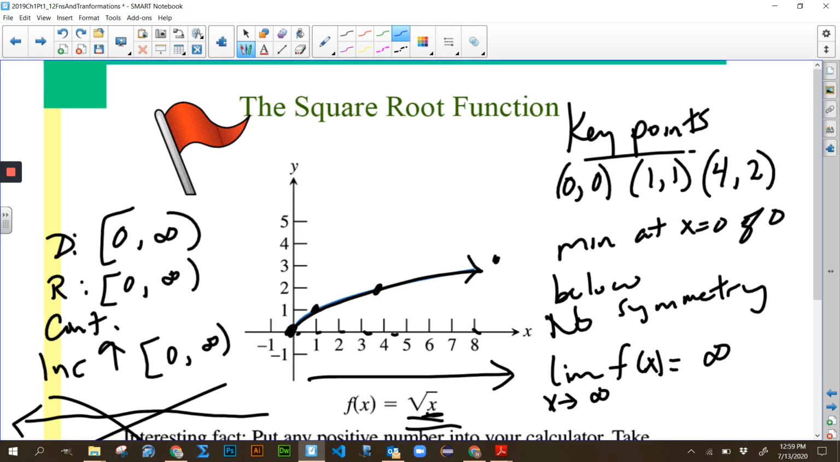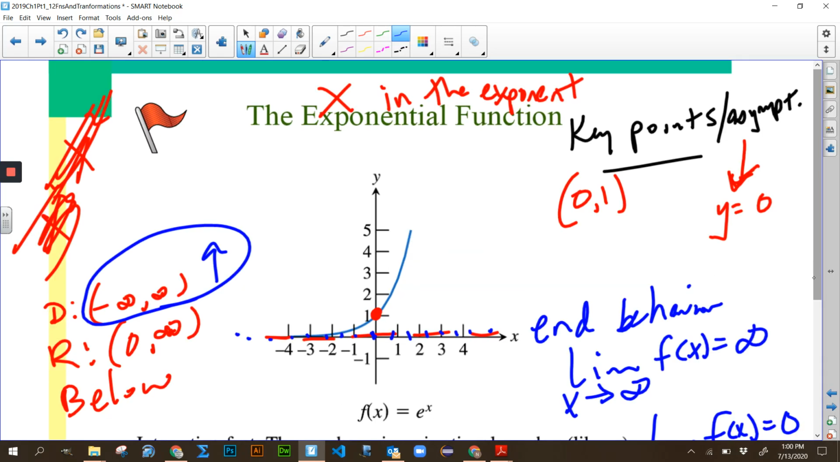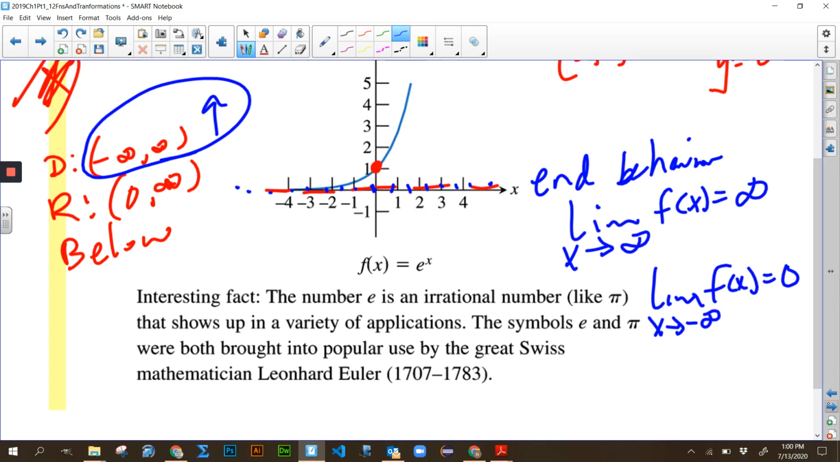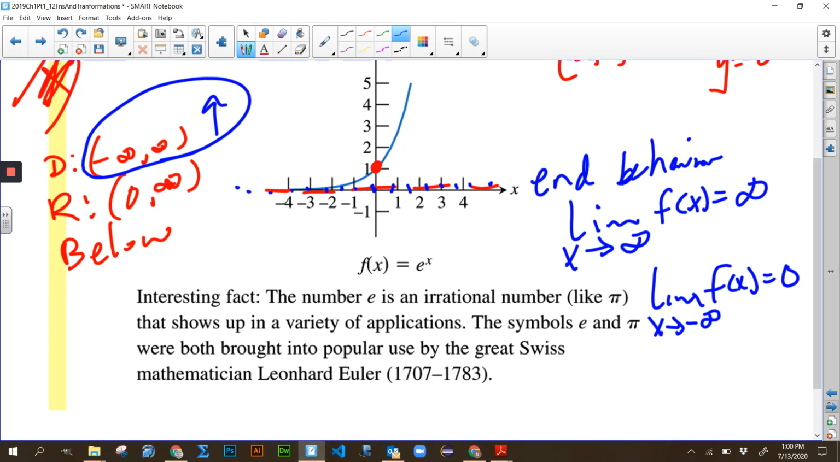All right, so yeah. Okay, and everything else? I think I got everything else on there. Oh, increasing, oh, I did that. And no symmetry. Okay, good. All right, let's jump to